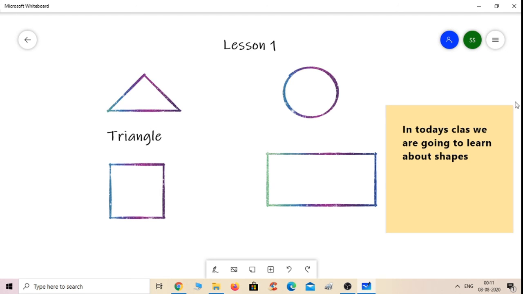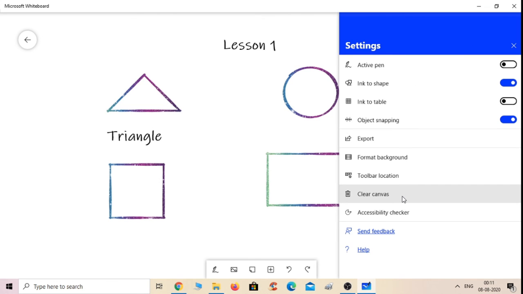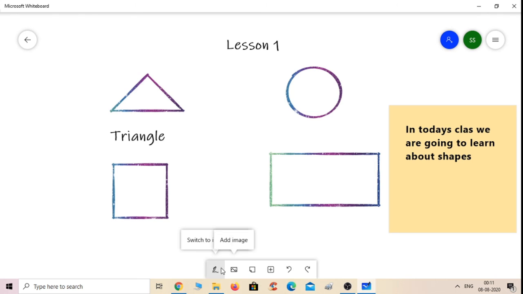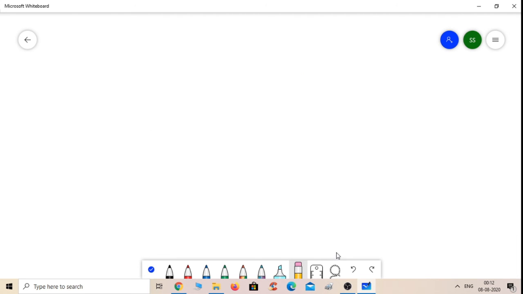Okay, now the third thing is clear canvas. Okay, you can clear the canvas in 2 ways. First way is go to setting menu, and here you find the clear canvas. Okay, all my stuff is cleared, but I do not want to clear this, so just undo my action. Okay, now after explaining this, I want to clear this, so again I am going to switch to inking mode. Just click on this and just click on eraser button. Okay, on double clicking it, it provides the clear canvas option. Just click on this. Again all the messy stuff is cleared.